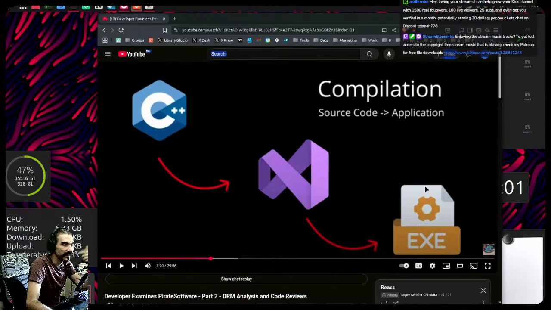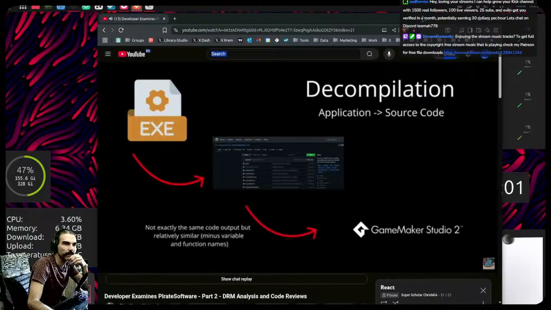And that's really just where the machine language is the code that the machine uses, which is basically assembly. Compilation is the process of turning code into instructions the computer can actually understand and execute. Decompilation is the process in reverse.